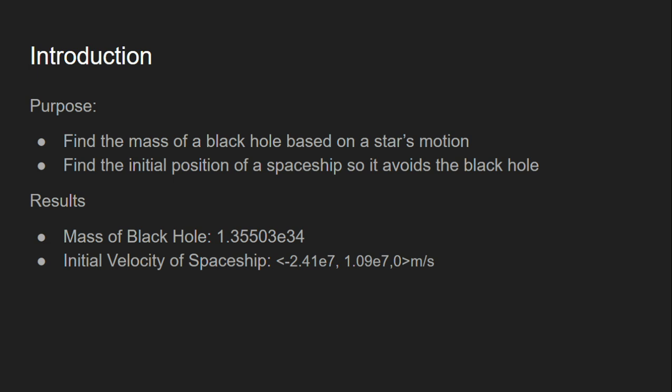At the end of the lab, I could calculate the value of the mass of the black hole, which was 1.35503 times 10 to the 34th, and the initial velocity of the spaceship, which was negative 2.41 e to the 7th in the x direction, 1.09 e to the 7th in the y direction, and 0 in the z direction,